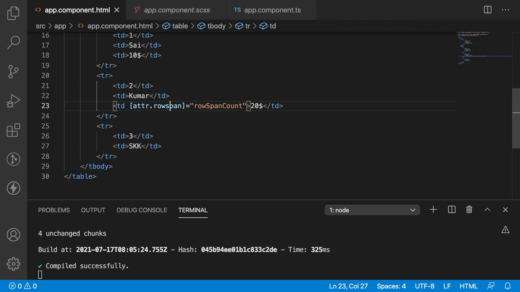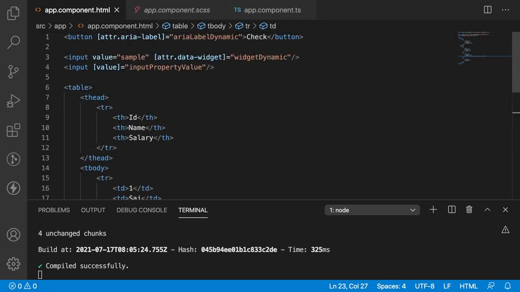So what are the different types of attributes and what are the different types of properties we can encounter? Sometimes the attribute name and the property name may be different, like rowSpan with capital S, rowspan with small s. So rowSpan with capital S will be indicated as a property, whereas rowspan with small s will be treated as an attribute. So that is one case. Second case is you can have HTML attributes, but you will not have an alternate or the same type of properties. So that is aria-label. Aria-label is an attribute, but it will never act as a property. Whereas value can act as an attribute until the DOM is loaded. Once the DOM is loaded, it will be acting as a property.